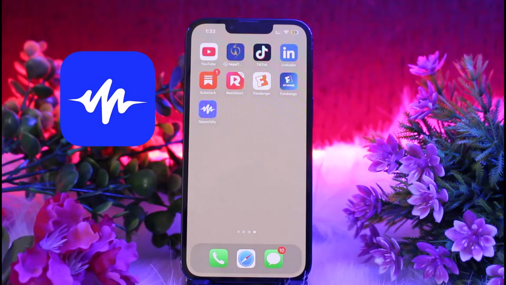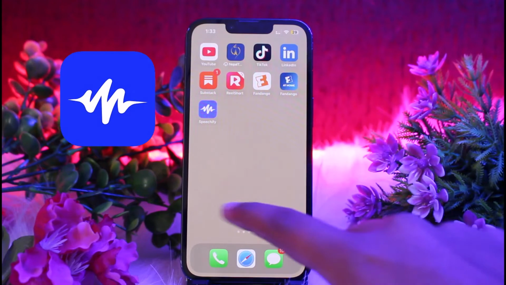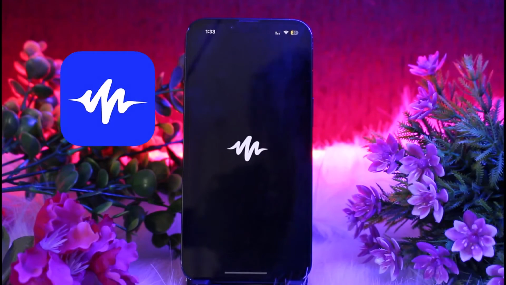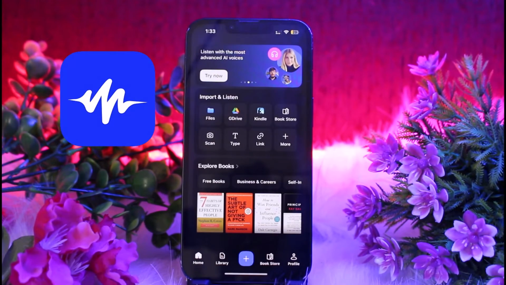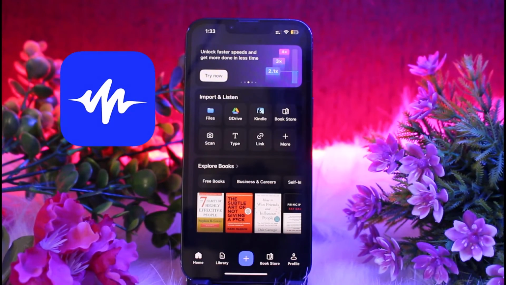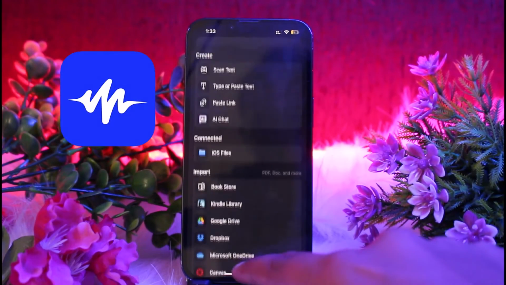The first basic thing which you need to do is make sure that you have installed the Speechify app. If you have not installed the Speechify app, you just need to install it from App Store or Play Store on a device. After that, open the Speechify app and make sure that you are already logged into your account. If you are not logged into your account, you may simply log into your account by clicking on the option of login, and from here you just need to tap on the plus like icon at the very bottom